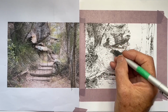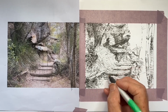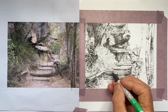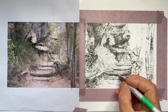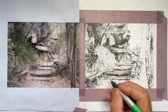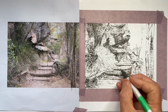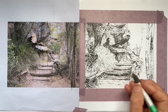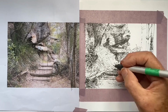Notice this tree that's just above to the left of where I was just drawing, that tree where I've drawn it just by hatching the horizontal lines, and notice the gaps I've left. Now they're to suggest the leaves. If you look at the reference, there are lots of leaves in front of that, and I either ignore them or I try and capture them in some way. And I've decided to try and capture that feeling, because that